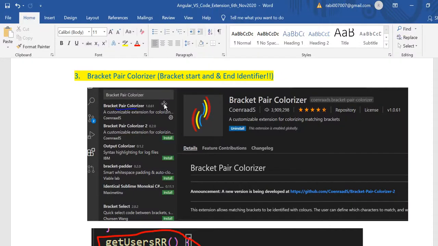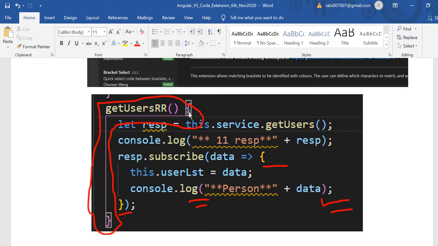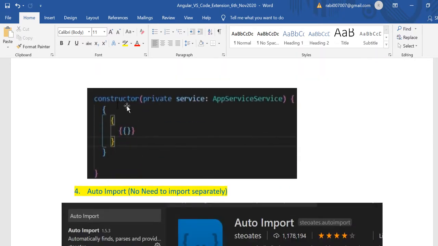Now next thing is the bracket pair colorizer. It's very important, right? When you are writing a big chunk of code, it's very difficult to see where the brackets start and where they end, right? If we have different colors, it will be very easy. So within the constructor, there is a second bracket, and every bracket has a different color.